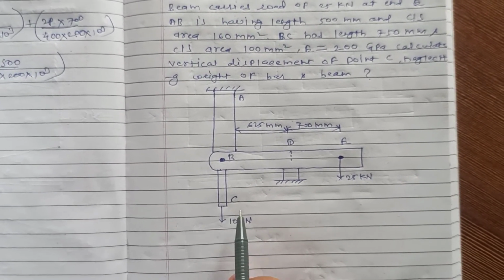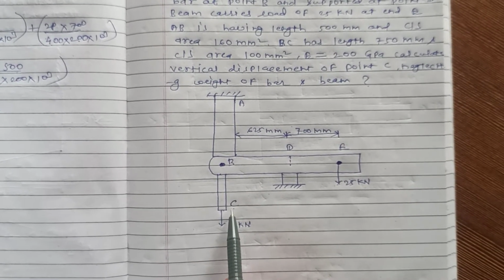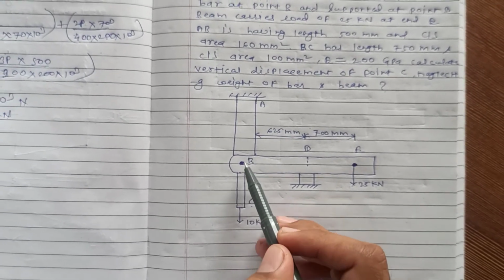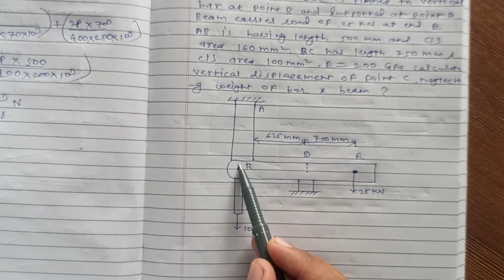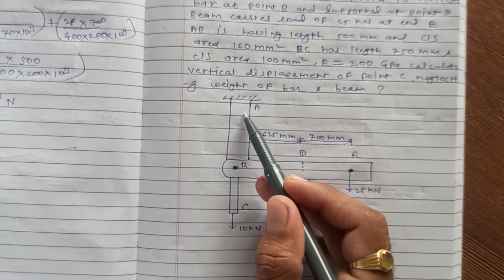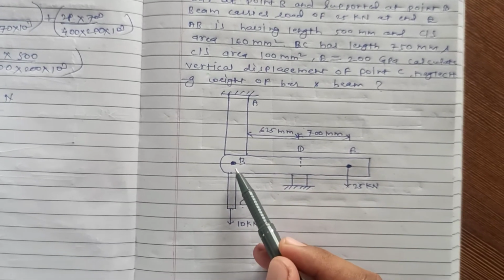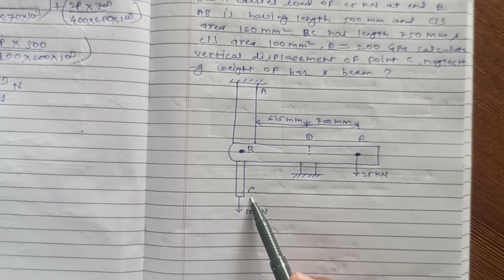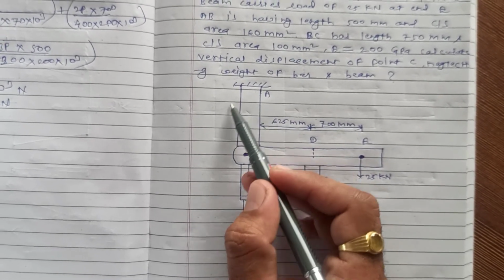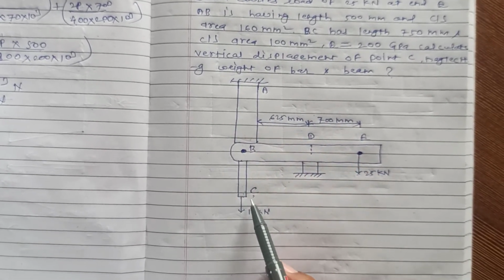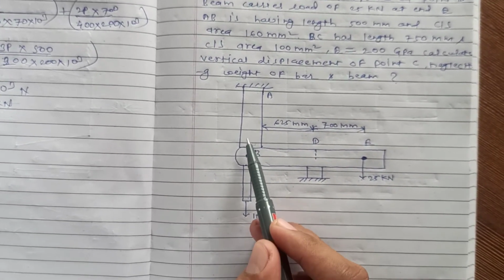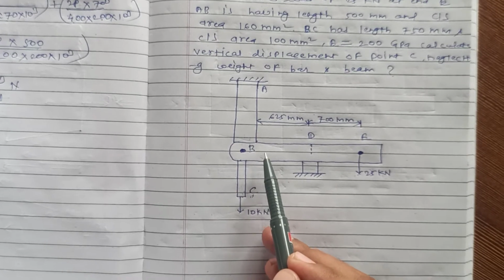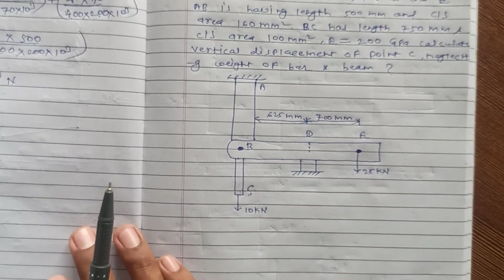So as you know very well, the displacement of point C is nothing but the displacement of element BC plus the displacement of element AB. If we get the displacement of element AB and of element BC, then by adding these two displacements we will get the overall displacement of point C. So this is our target. We have to find the displacement of point C, but to find it we have to take the help of this element also. We will see how to solve this problem.